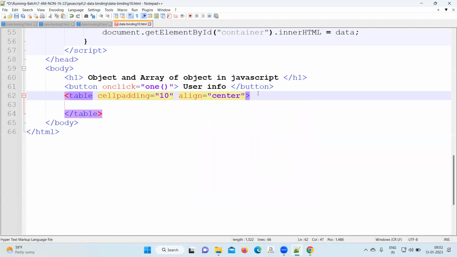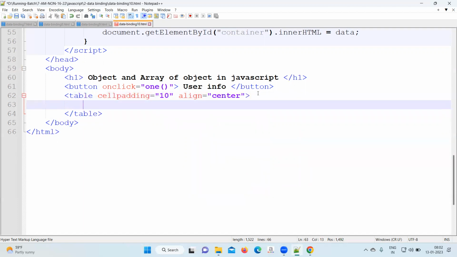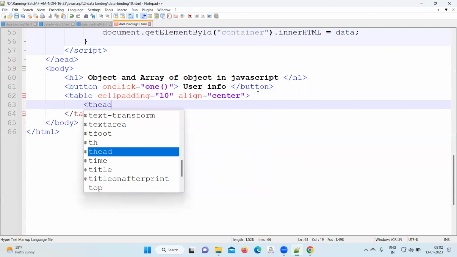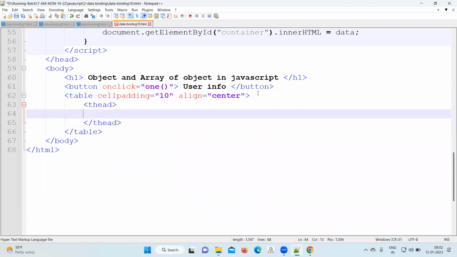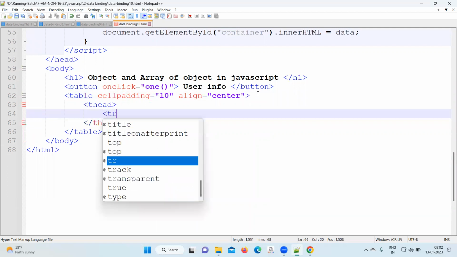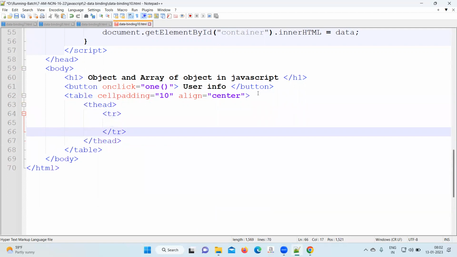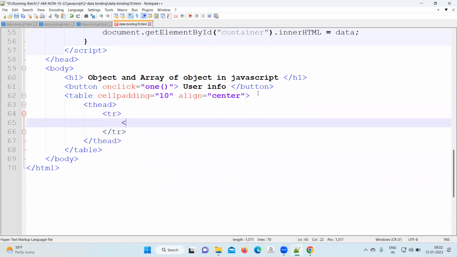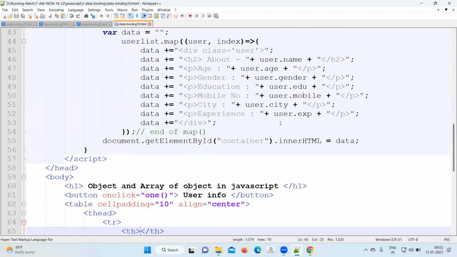Next, inside the table, thead you have to follow, and TR as well as TH. This is the heading you are creating on the top. What are the headings that should come? Name, age, gender,